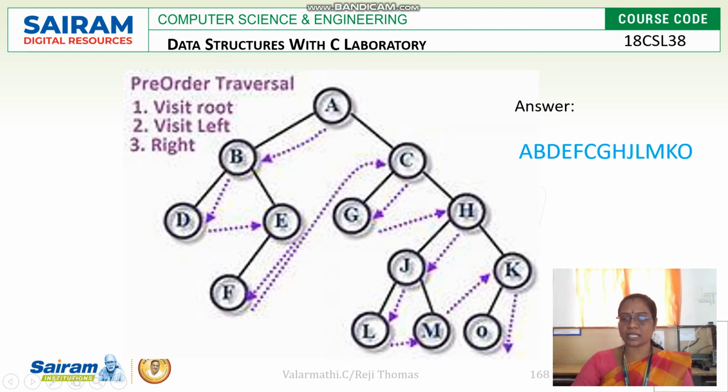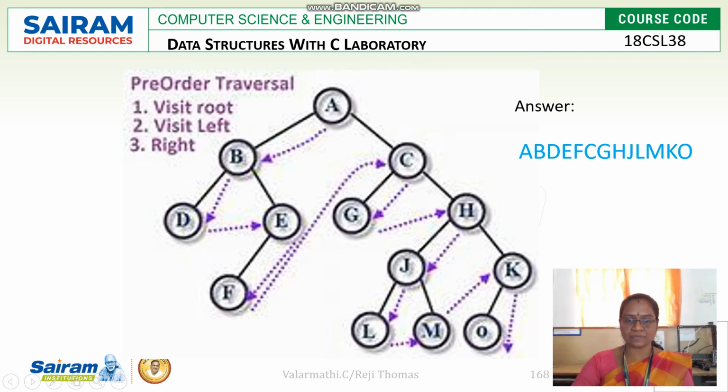See, there is another diagram which shows the pre-order traversal of one given example binary search tree. So let us see how it is traversed. As per pre-order traversal, what are the steps? First, we should visit the root, then the left subchild and right subchild. According to this example, A is considered the root node. So A is now visited, and A is written here.